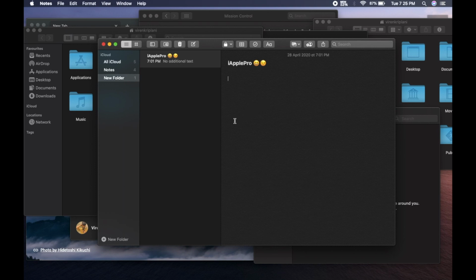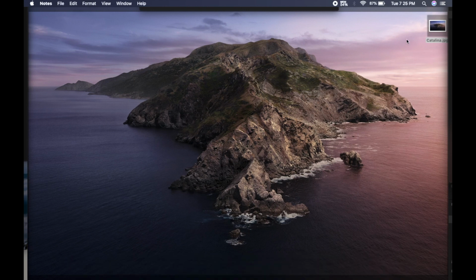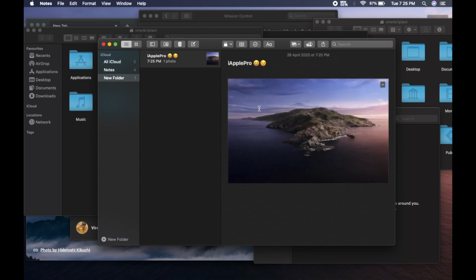So I'm going to drag my cursor down to the left corner of the screen and I'm doing it slowly so you can see what's actually happening. And now I have access to my desktop, but the other windows and everything else is still open. They have just been hidden for a second while I find the file or image on my desktop that I need. So I'm going to take this image here and drag it right back to the bottom left corner of the screen like this. And look, everything is displayed again, and now I can simply drop that here in this note.